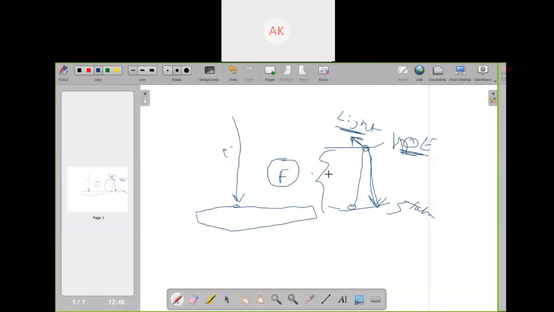So the frequency of light emitted by the phosphorus is proportional to the energy difference between the excited quantum state and the ground state. Okay, so till this point we have discussed in the last class.